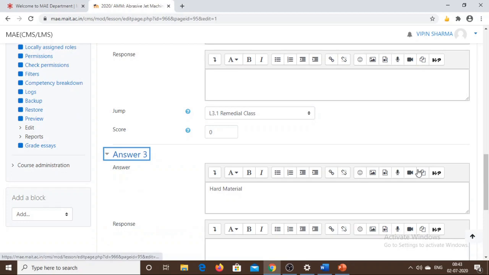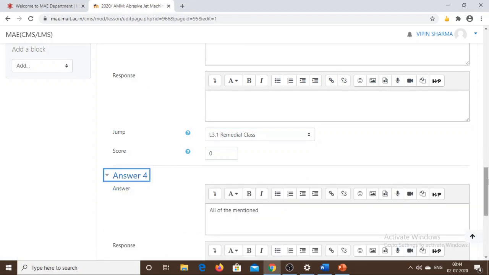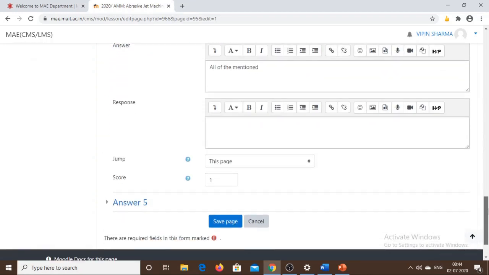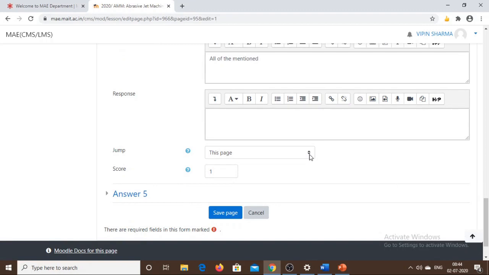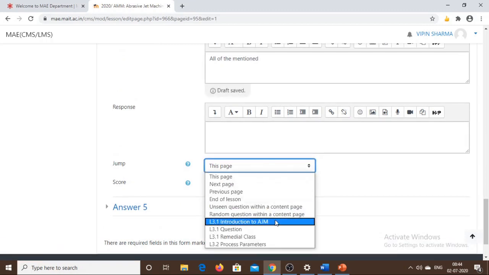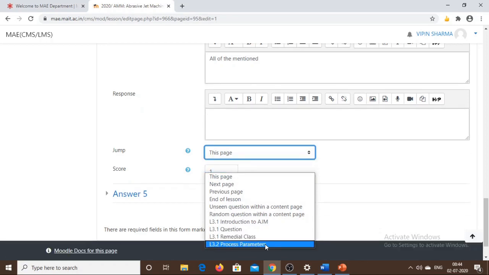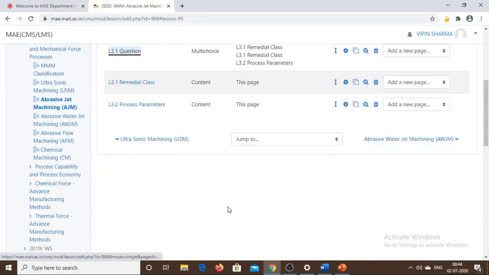And for the third answer as well, since it is also not correct, this will be the remedial class. The fourth option, all of the mentioned, is correct. So the student should go to the next part of the lesson, which is 3.2. So I will jump this portion to 3.2 and save it.